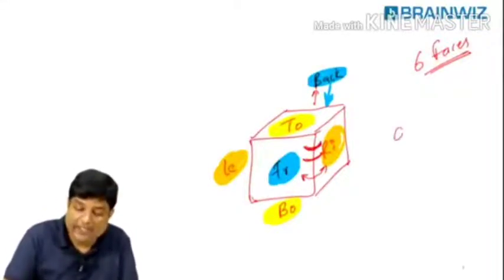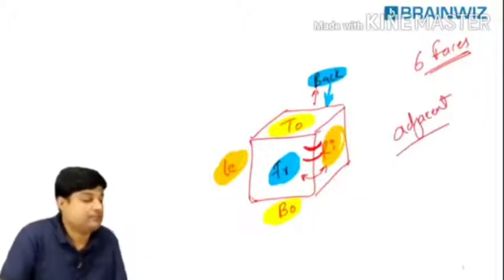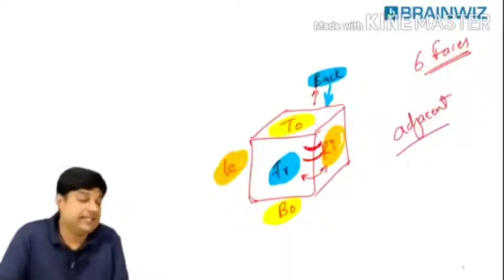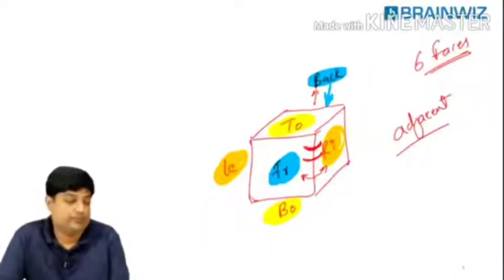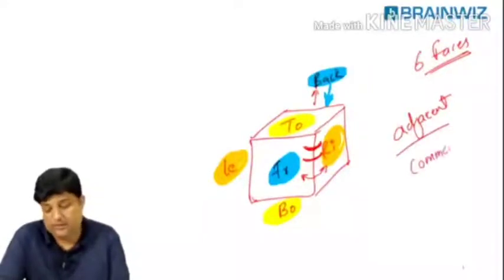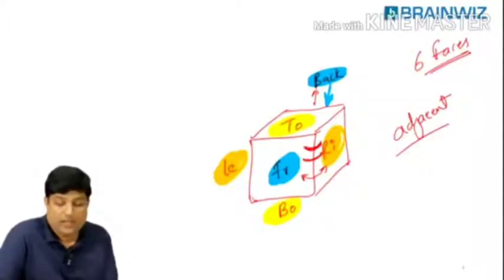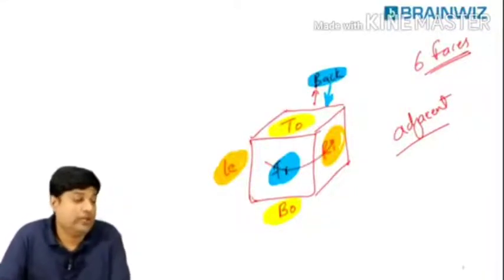Do you have any other adjacent? Please tell me. Who are the other adjacent? I'm telling front and right are adjacent. Any other adjacents, you can type and tell me. Come on. Make it faster. Any other faces which are adjacent faces? These two are adjacent faces. Come on. Any other adjacent?